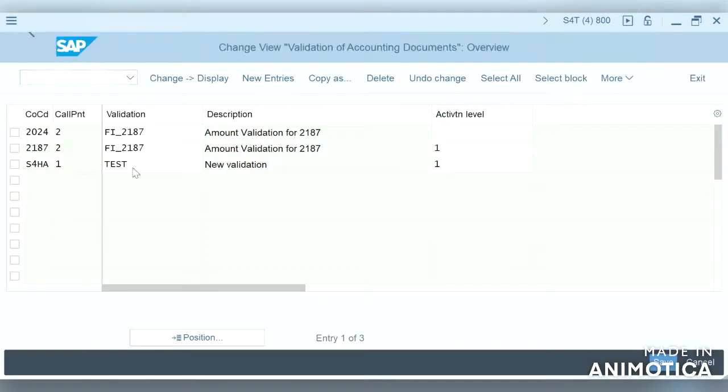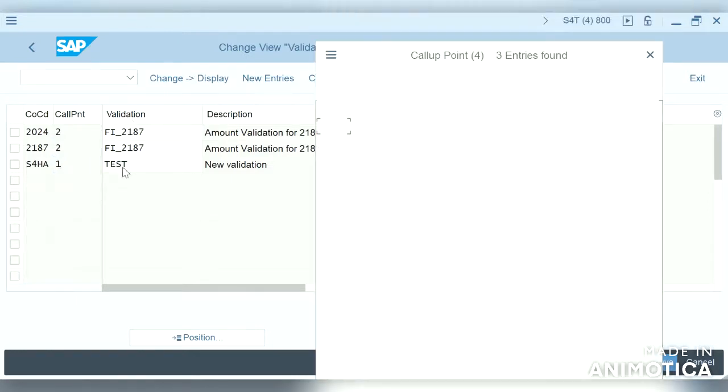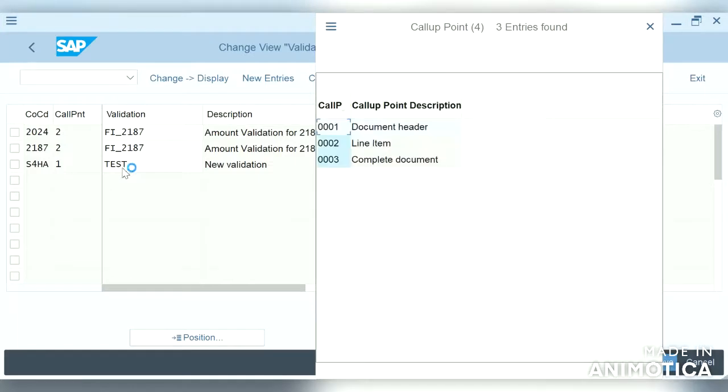We will be using that validation step. If we see, there is a call point. 1 means header line item, 2 means line item, 3 means complete.